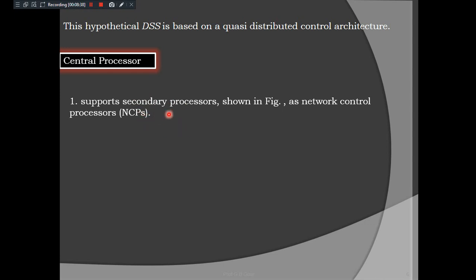And why are they called secondary processors? One reason we can tell is that most of the database will be stored with the NCPs itself. First reason, listen here carefully. Why are NCPs called secondary processors? Most of the relational or distributed database is residing with the NCPs. The second reason, NCP is going to look after some very important functions like call connection or call supervisory operation. That is one thing. And the second thing, recovery operations.